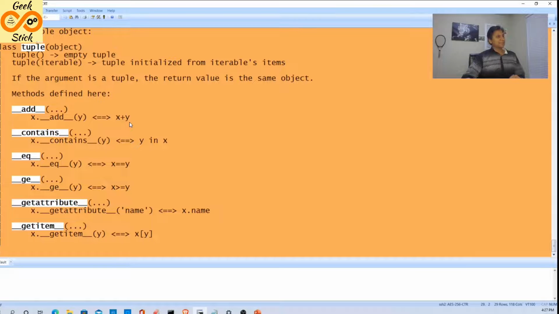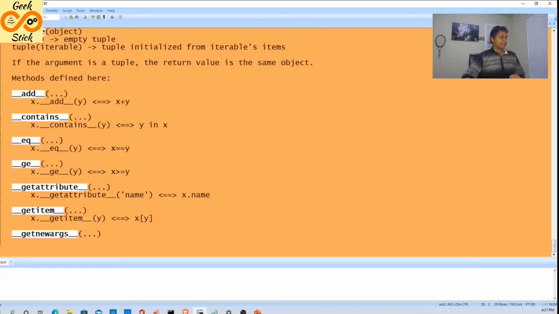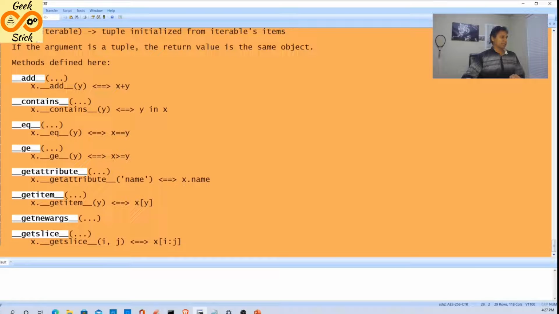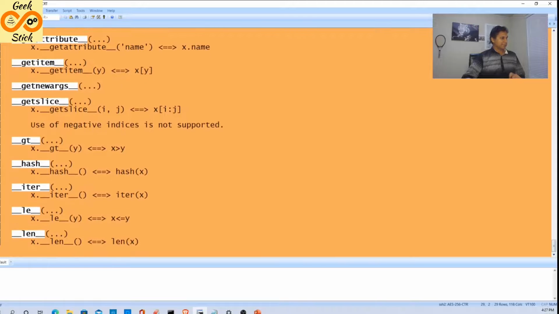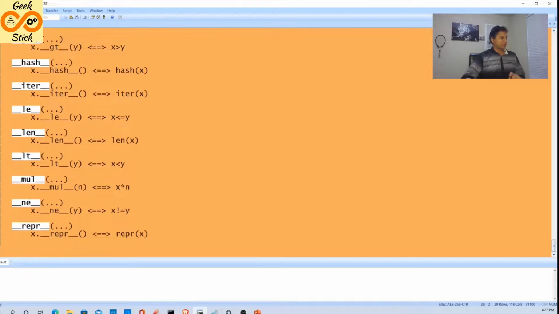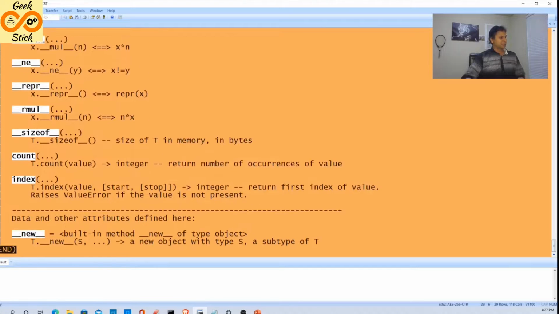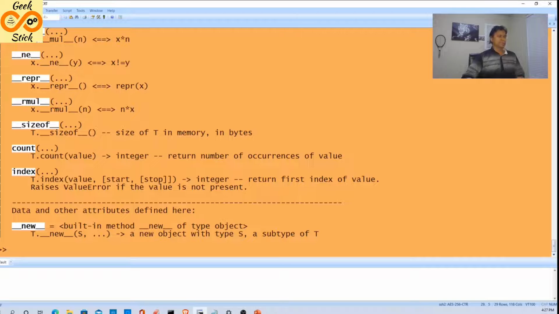And it's a contains check. Okay, is it containing that value? Those things we can check. It's more like a boolean then. Get slice, iteration, again as usual, length, multiply, and all those things. Other than that, it is exactly like a list, but except modifying, that we cannot. We can do everything else. That's the beauty of tuples.